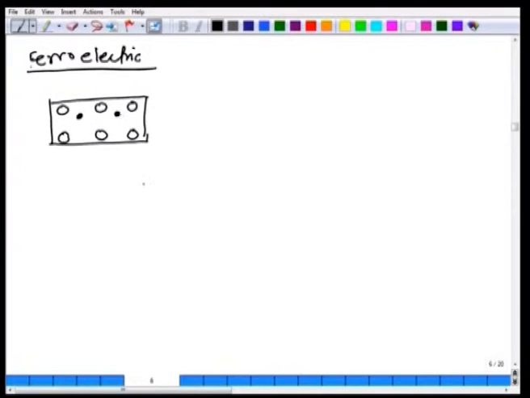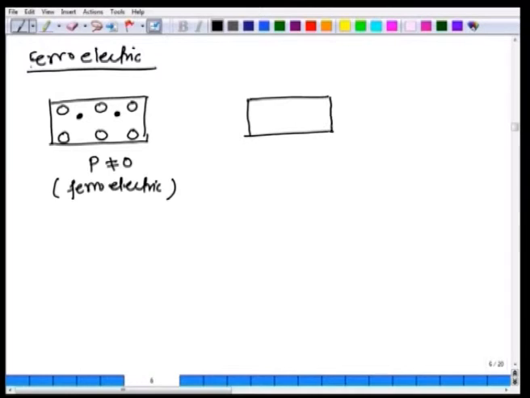If such a situation arises, this material will have some polarization which is not equal to 0. That means even in its native state, it has a polarization. Such materials are ferroelectric. And since it is a ferroelectric material, it can also demonstrate piezoelectricity, and this you can see as follows,